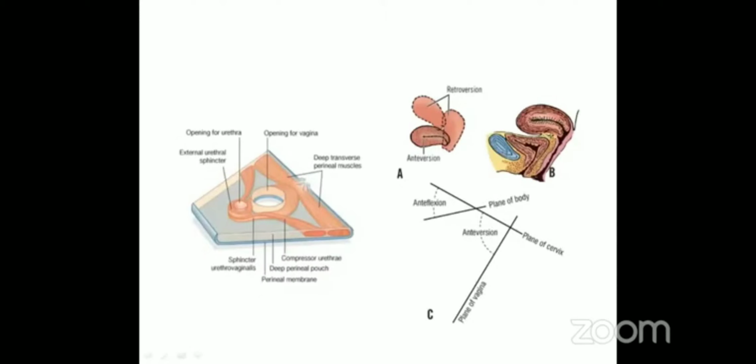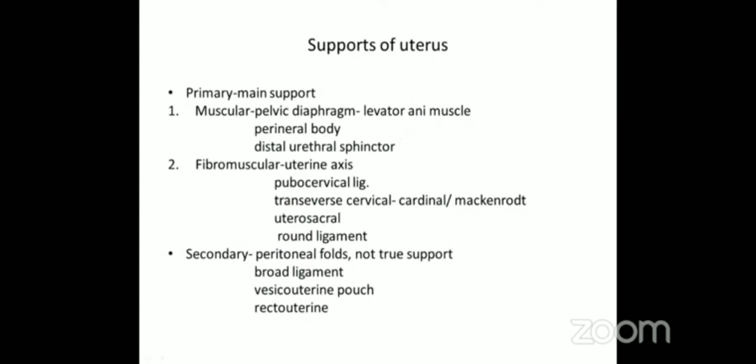Then the most important support is the mechanical support basically. Whenever the pressure is rising, the uterus will tend to go forwards against the superior surface of the urinary bladder. So there is an angle formed here, called the angle of anteversion and anteflexion. Angle of anteversion is between uterus and vagina, which is 90 degrees, and anteflexion is between the uterus body and the lower part, that is the cervix, about 120 degrees. So this angulated position helps to prevent prolapse of the uterus. So these are the main supports.